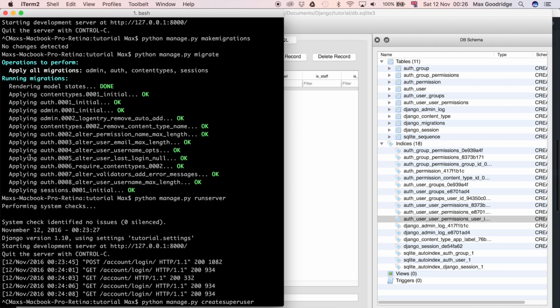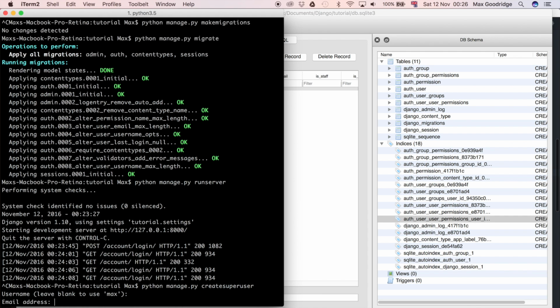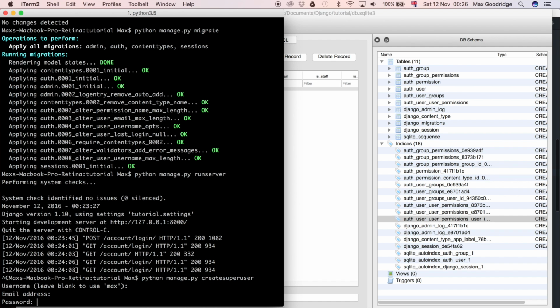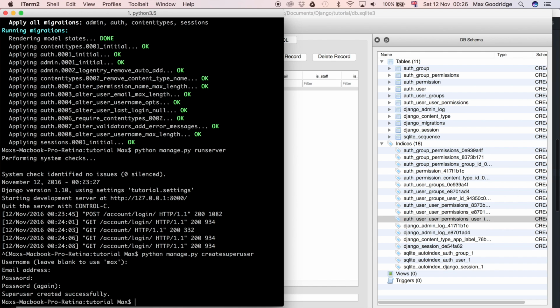So I'm going to talk about that in the next video. But for now, I'm just going to create this superuser. It's going to ask for a username. I'm going to leave that blank just so it uses Max, as it says here. I don't need to specify an email. And for the password, I'm going to say something. Literally the word something. If you're interested, it doesn't really matter, because this is just running locally, so it's not like you can interfere with my Django project by knowing the